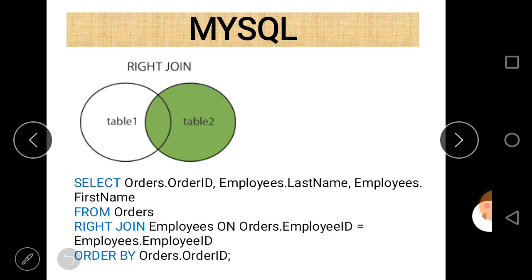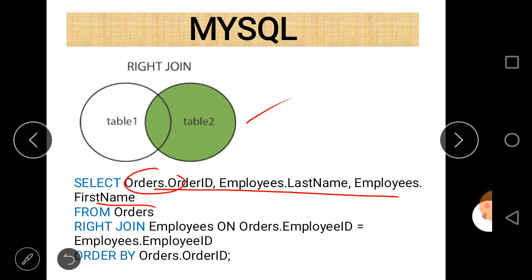This is the example of a table. This is the example of right join here. So again these are the different columns, and notice that to show different columns, first of all just write the table name first.